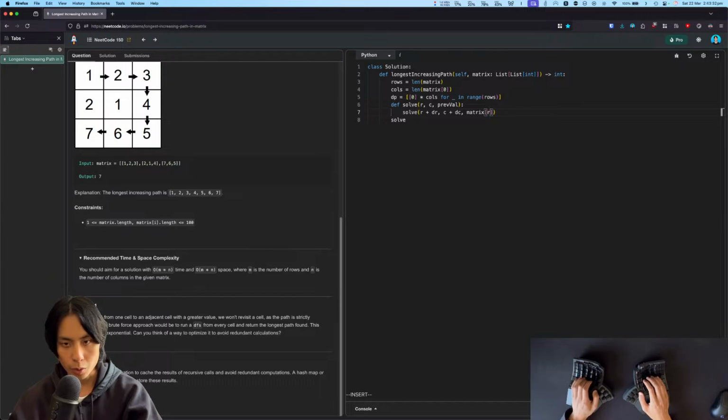And for dr, dc in directions, I'm gonna set directions outside of the solve function because that's just always going to be the case. So we're going to go 1 0,